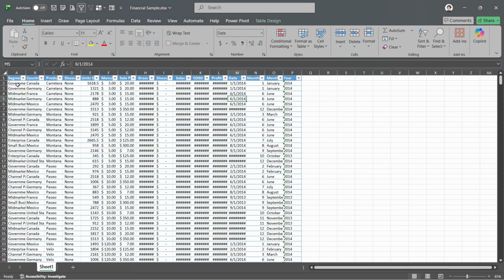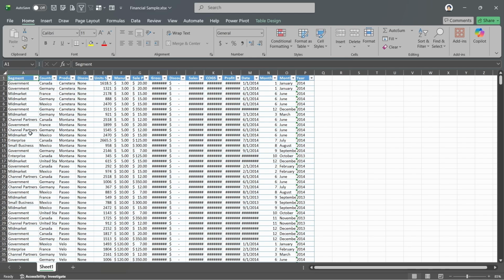So the standard way is, I've got this column and I need to make it big enough so that everything in this column fits. So all I'm going to do is move my cursor up here between the A and the B and see how the cursor changes. And I'm just going to double click. And that takes care of it. So I guess I could end the video right here,